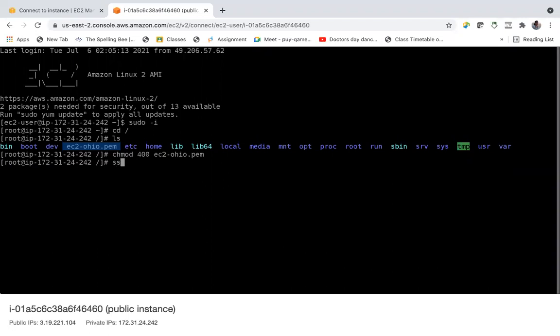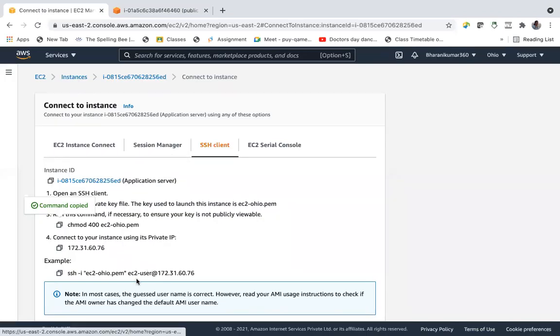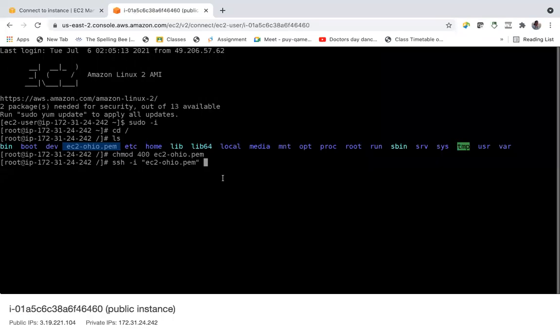And then SSH using this key pair dot pem, into the private IP, 172.31.60.76, ec2-user at 60.76, right?